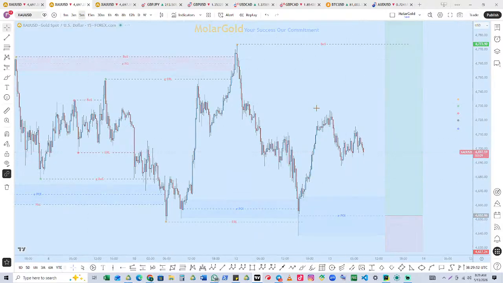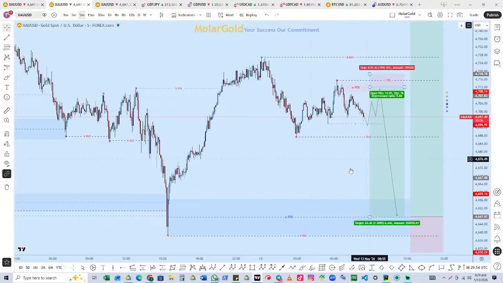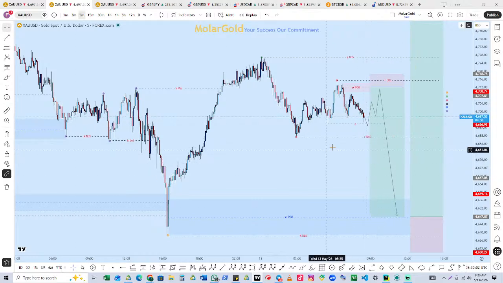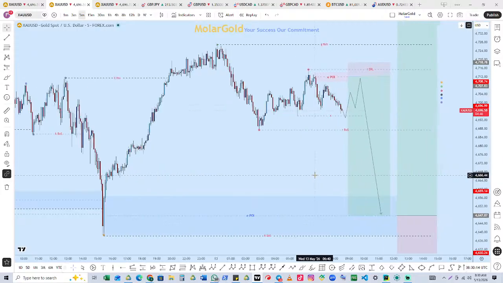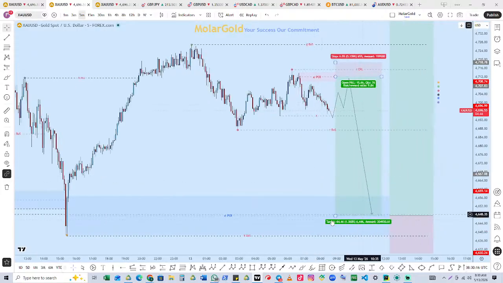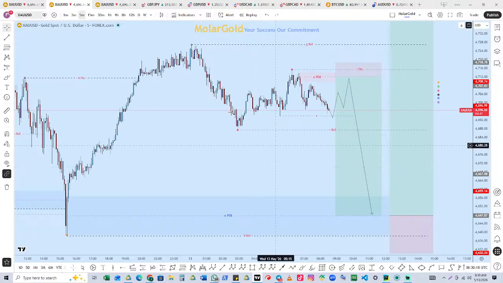And we have seen that in the structure right here. Okay, in the structure right here. So this is where price is supposed to get into before it makes any move. Okay, so we are positioned down here. We are positioned down here, even though we'll be watching the other levels, especially the GPUI. So we would have a GPUI.